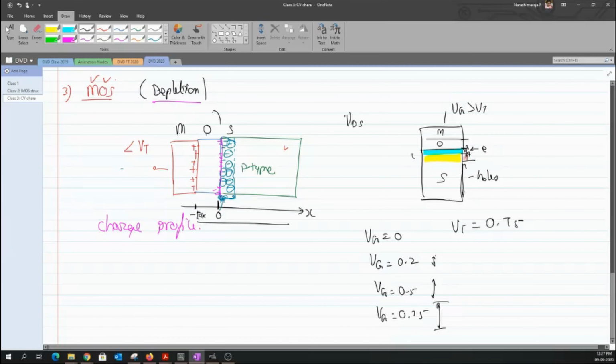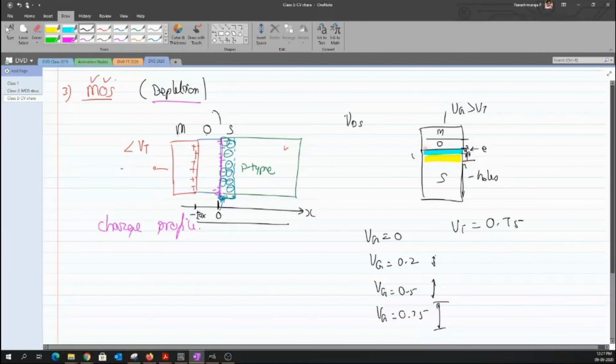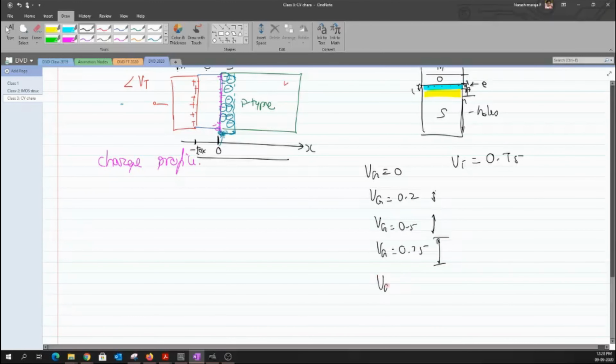Sir, does that mean that when Vg is equal to Vt, almost all the minority carriers in the p-type, which are electrons, will get accumulated at the top? Of course, yeah. When you have Vg equal to Vt, the minority carriers would get accumulated here. And as I increase the value of Vg above Vt, more of the minority carriers would get accumulated, and the width of the channel of minority carriers will widen. Not the depletion layer width. After this, once you cross this value of Vg beyond Vt, the depletion width is constant.